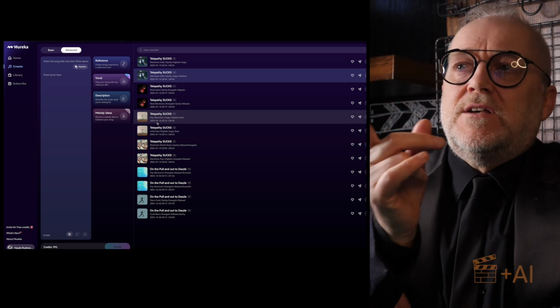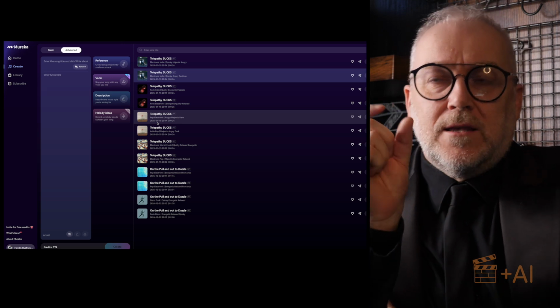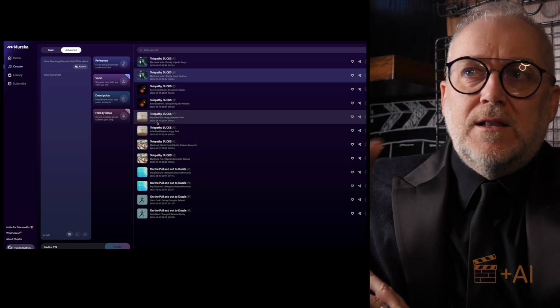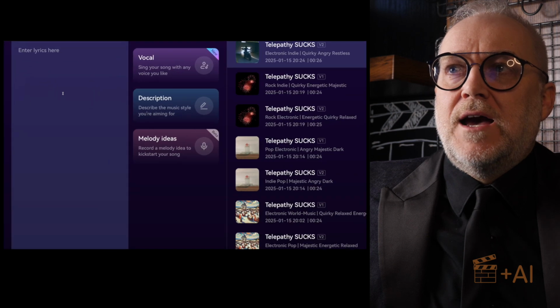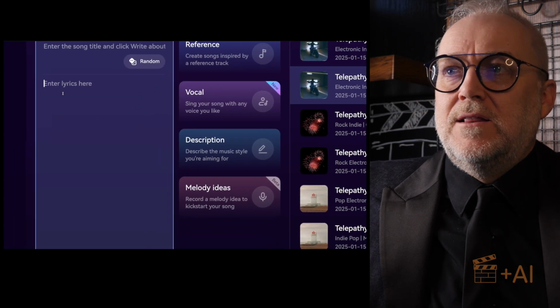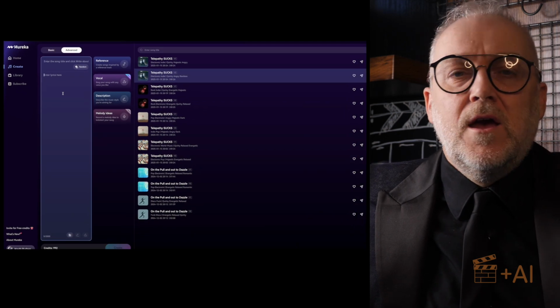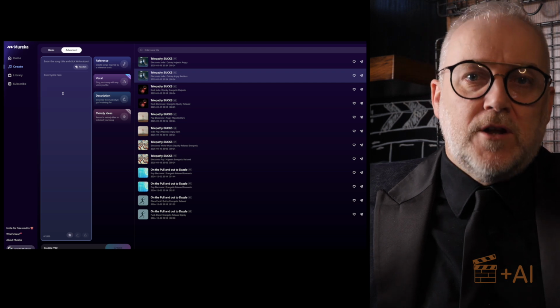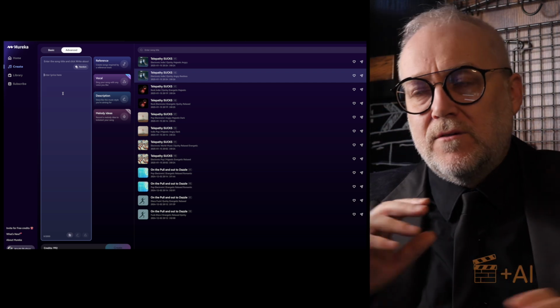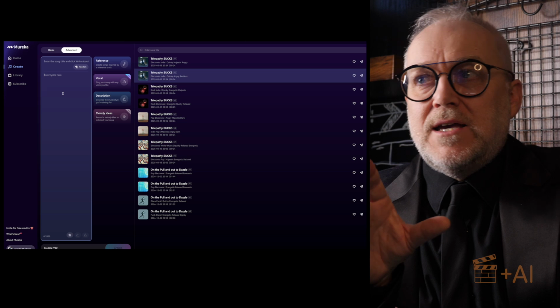For the next version of this, I would love to see the ability to pace the lyrics differently. You kind of enter the lyrics up here and you get what you get. With the lyrics, you have no control over when they are sung and how long the notes are held for, and how long which word is held for. So it's early days though, but